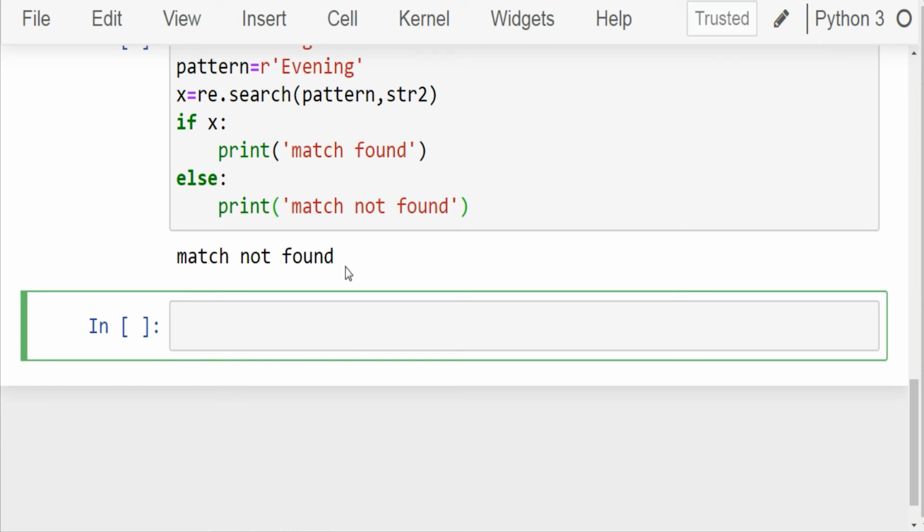One important thing to remember about the search function is that if there is more than one match in a string, we would only get the first match. Let's see it through an example. Let's create a variable str3 and assign it the string "Steve Waugh and Mark Waugh are brothers". If you want to search the pattern Waugh in this string, let's first write the pattern.